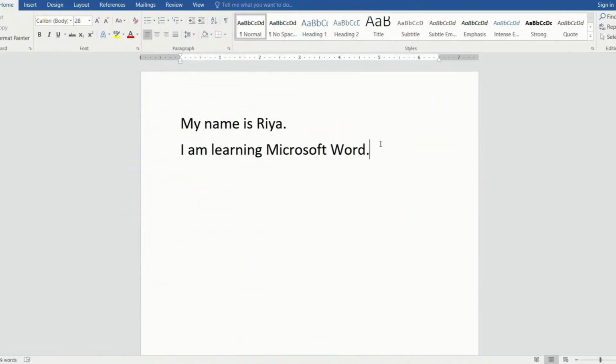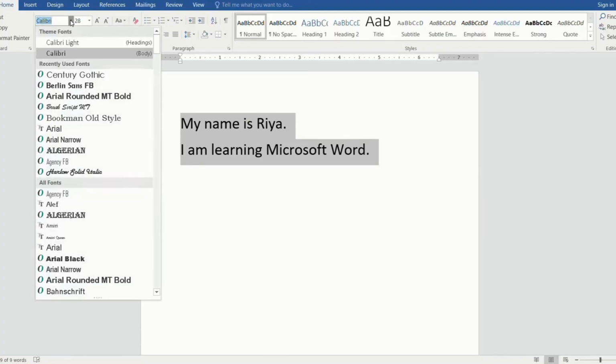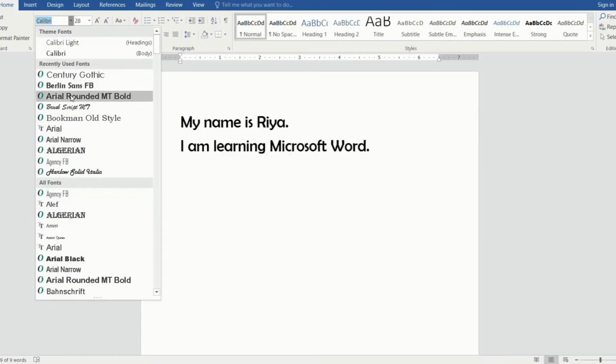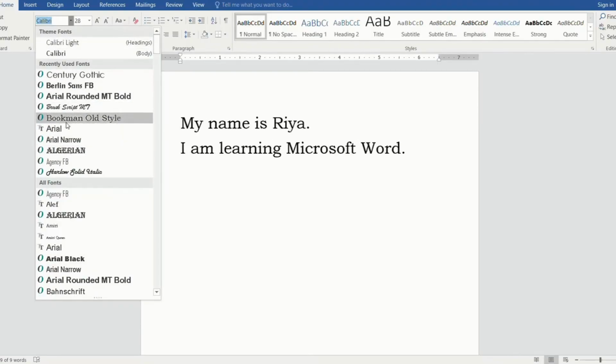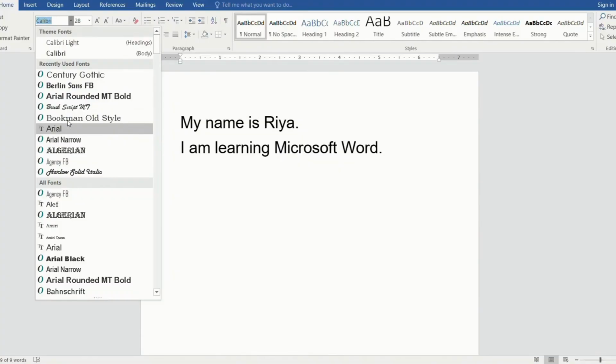Alright. Now let's change the font style. First, select the text that you want to change the font style. Look here at the top. You can see the font name. Click on the small arrow. Now you will see many font styles like Arial,